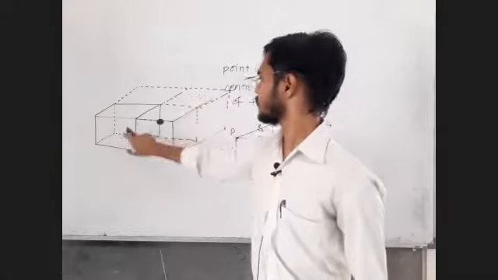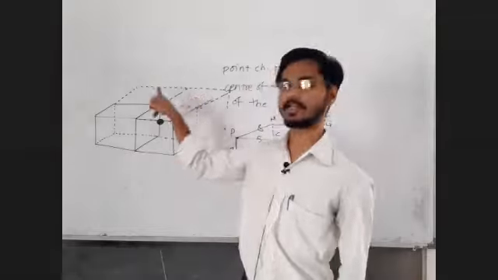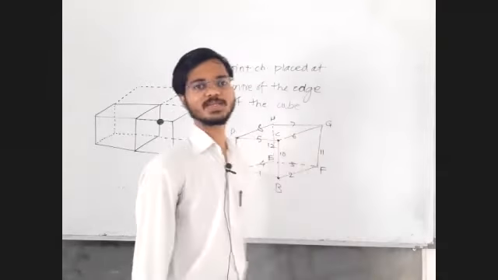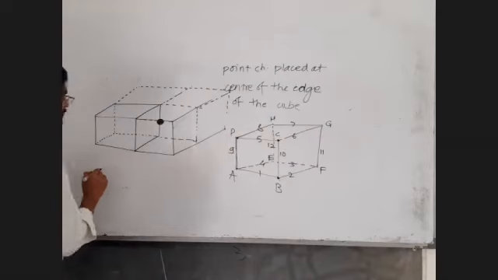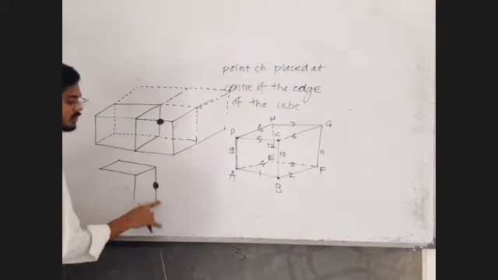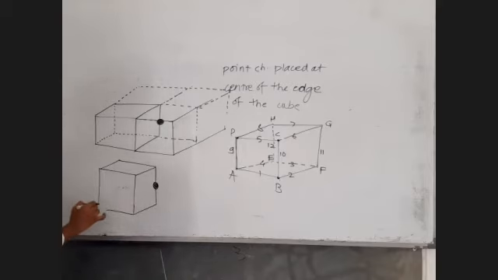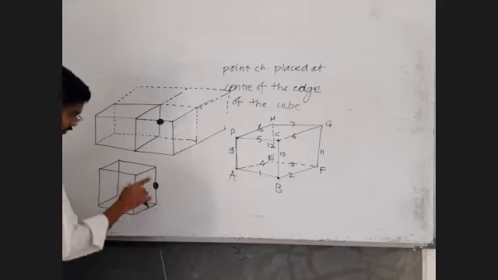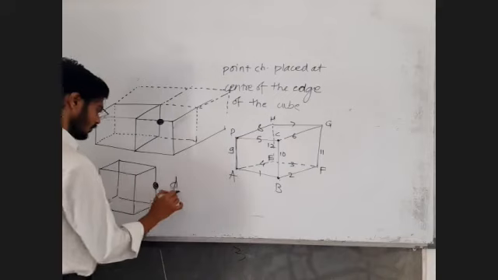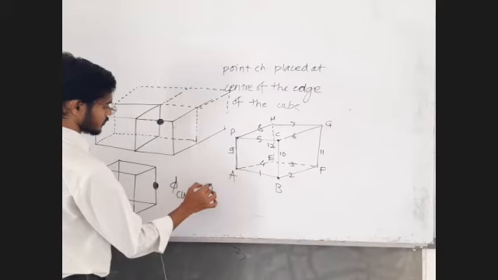Solid lines are the front side, dotted lines are the back side cubes. So 4 cubes will enclose this symmetrically. So that means when the charge is placed at the center of the edge of the cube, how much share of the flux will be passing through this cube? Flux associated with the cube will be 1/4 of the total flux.